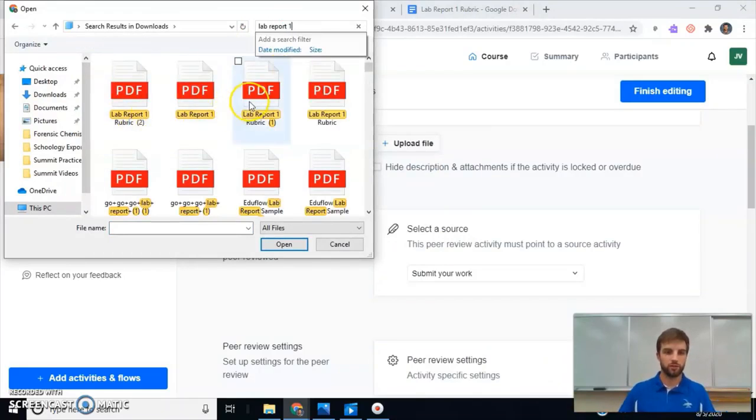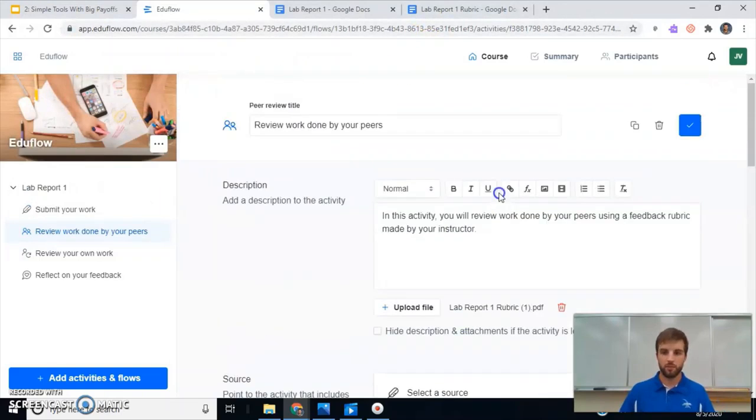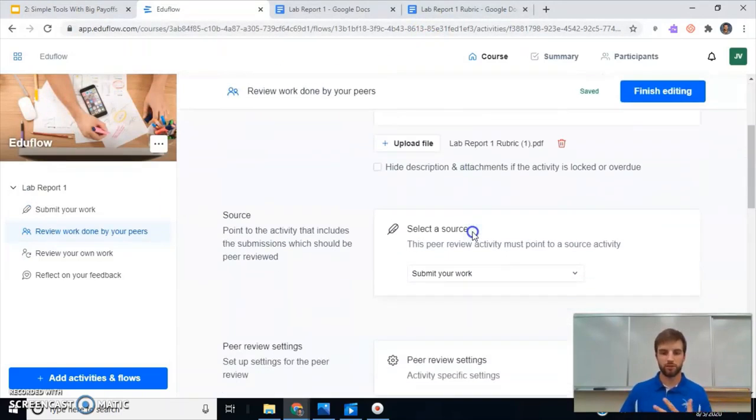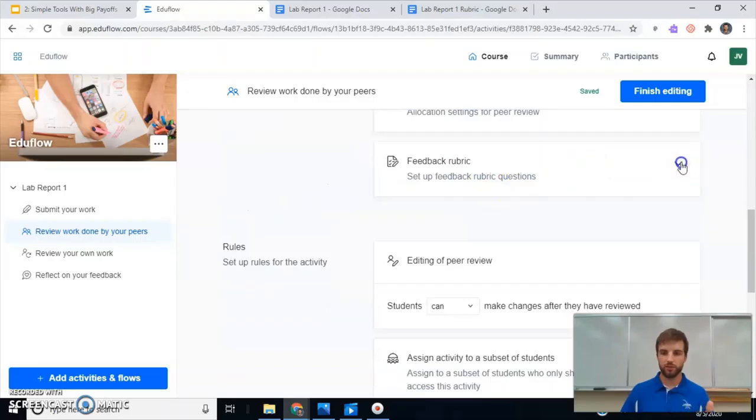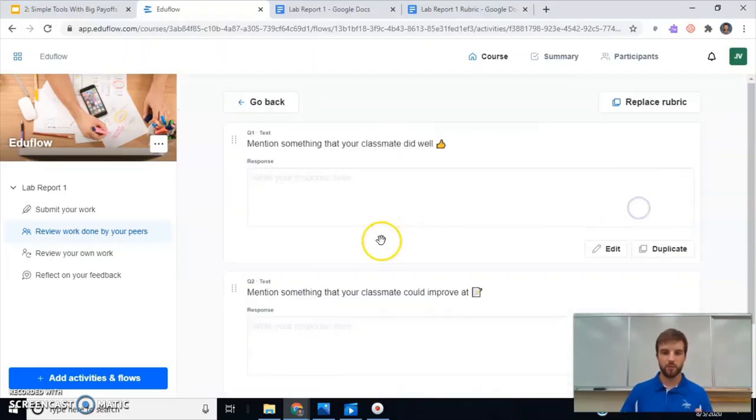Lab report 1, let's go to the lab report 1 rubric, it's right here. And so they can see the rubric that I would normally hand out. So you don't have to change any of your stuff, you can just upload it in the program. And then the other cool thing that I can do with this is with my feedback on my rubric,